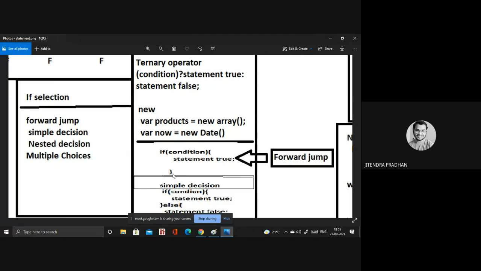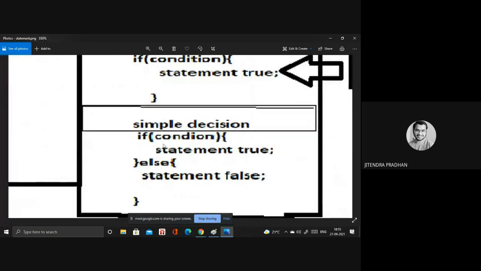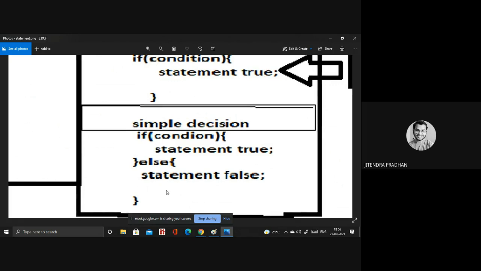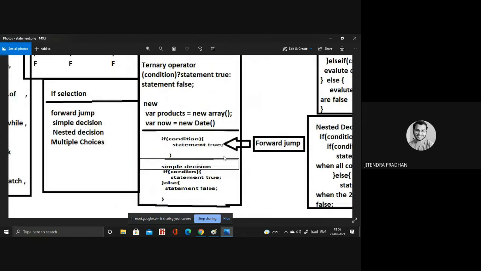But in a simple decision, we have the if condition, and if the statement is true, it returns statement one. If the condition is not true, then it returns the else part, the statement false. These are the forward jump and simple decision. Okay, I hope you got this point.